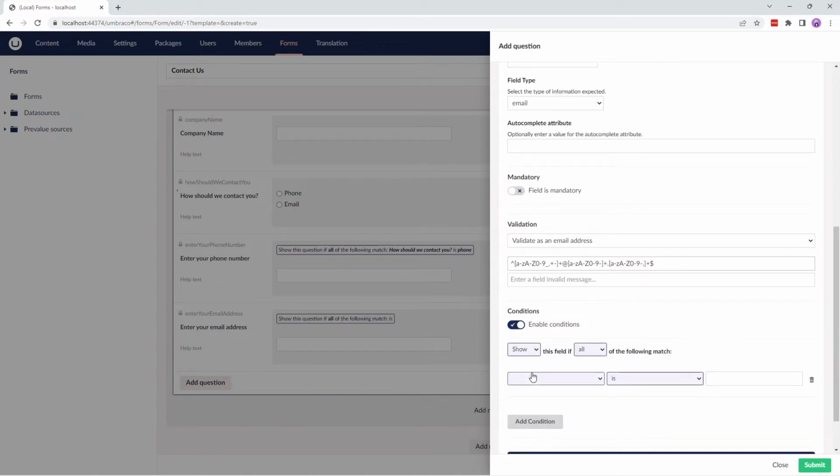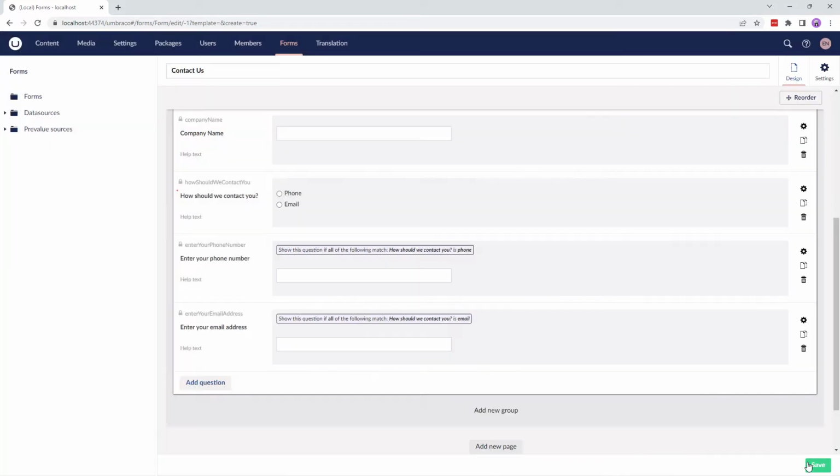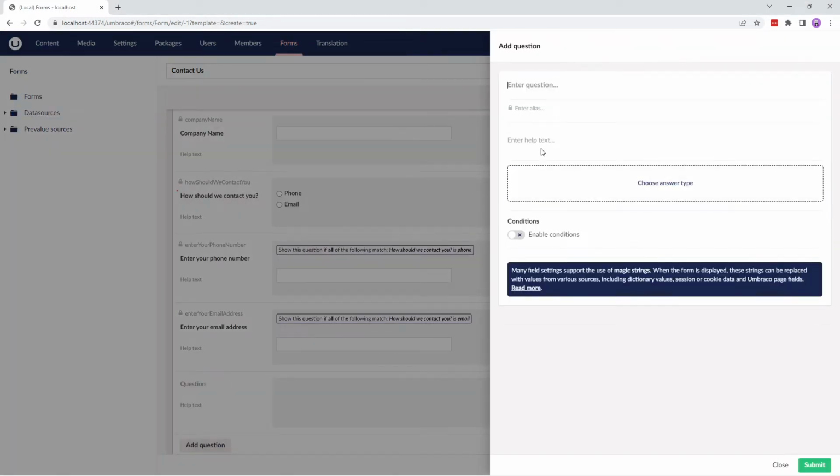I'll set the condition on this field since I want this field to be shown only if the how should we contact you field is email, and submit this question. So we have our conditions in place. Great. Now moving on, let's add a couple of more questions to our form.